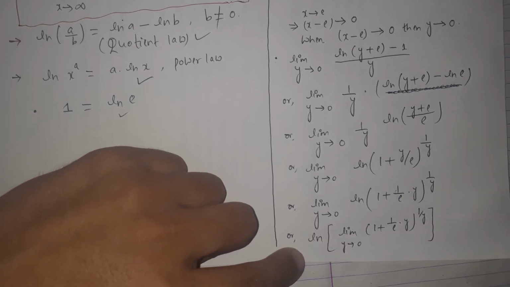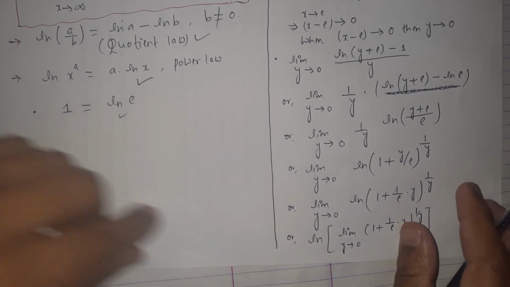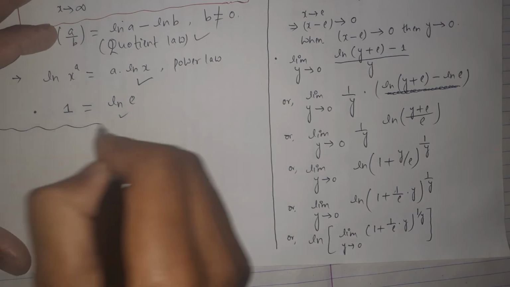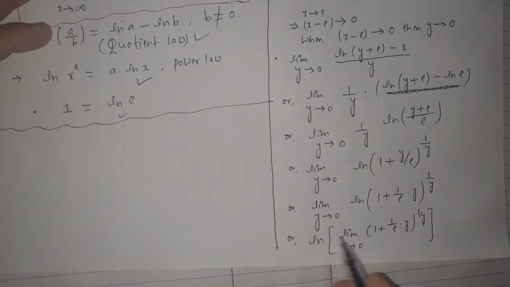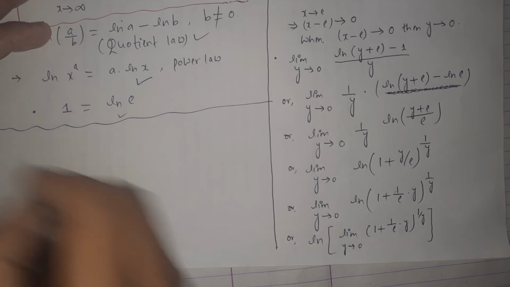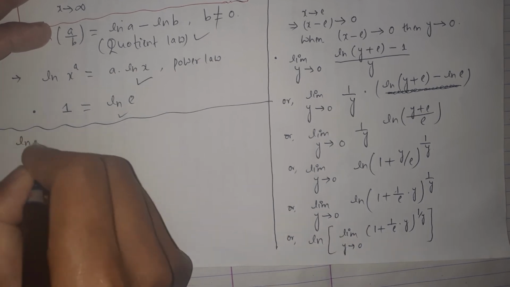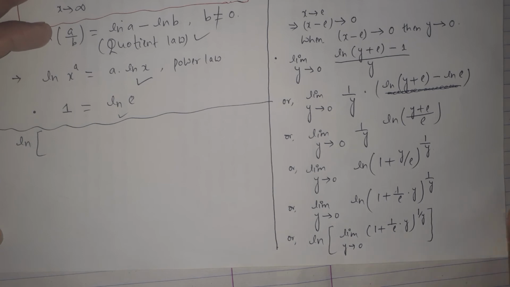Here we just use the first property. Let's simplify it as ln of